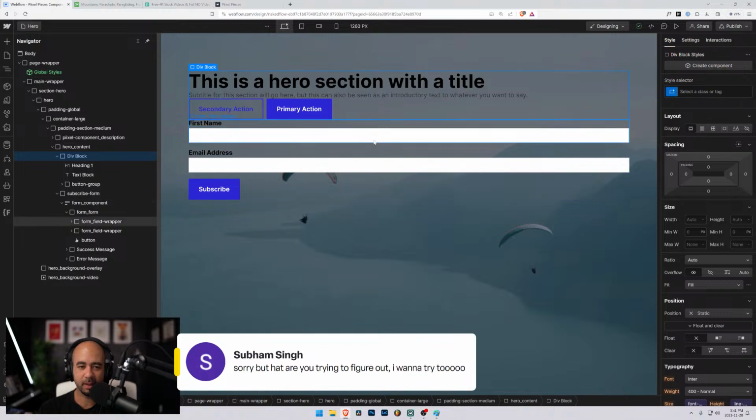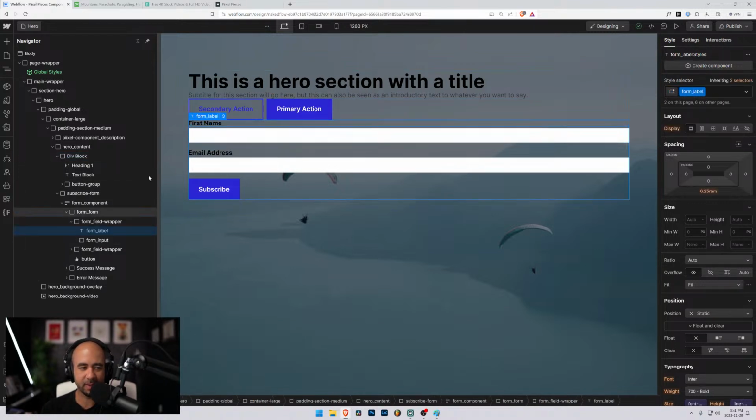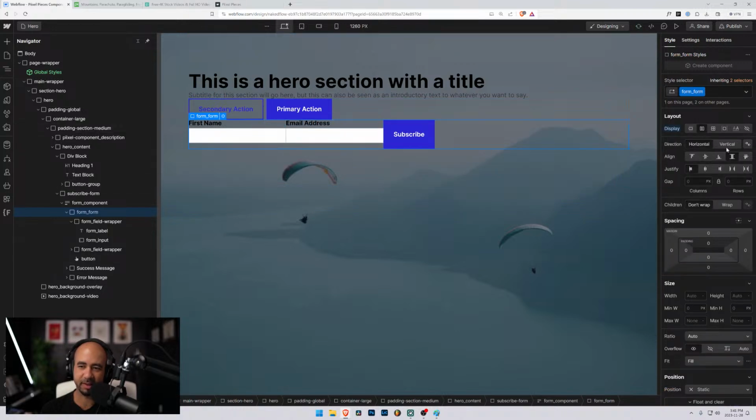Basically what I'm trying to figure out is, I know exactly how to do it, so I'm not struggling, but I just want to lay out this form almost in a 3-column layout. Like I want this first name and then email and the subscribe button all aligned horizontally, not stacked vertically. The thing I'm hesitant of doing is applying those styles to this form, right? I don't want to just go right here, flex this, and away we go. Because what I've